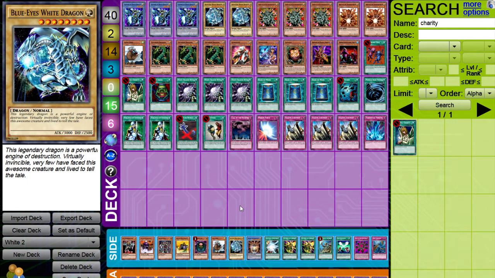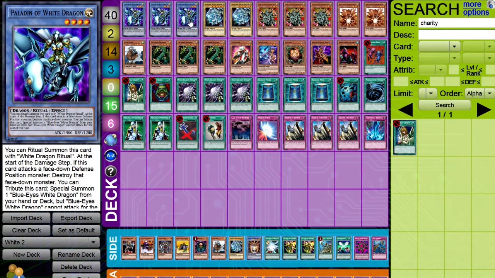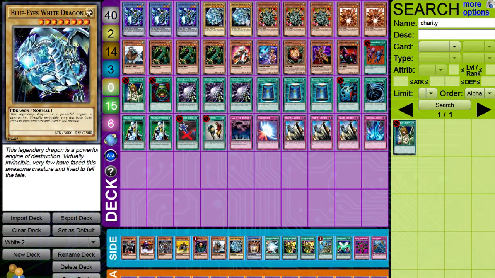Hello everybody, back here with a Go Format deck profile. This time, a deck based around Paladin of White Dragon, Ritual Monster, as well as subsequently Blue-Eyes White Dragon